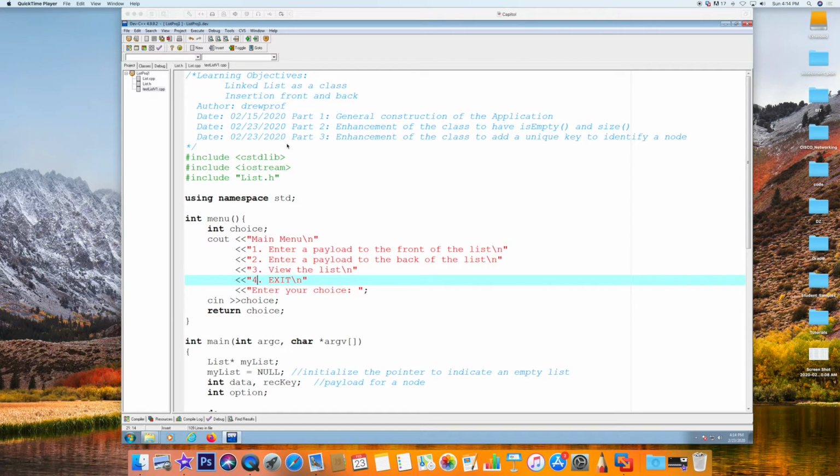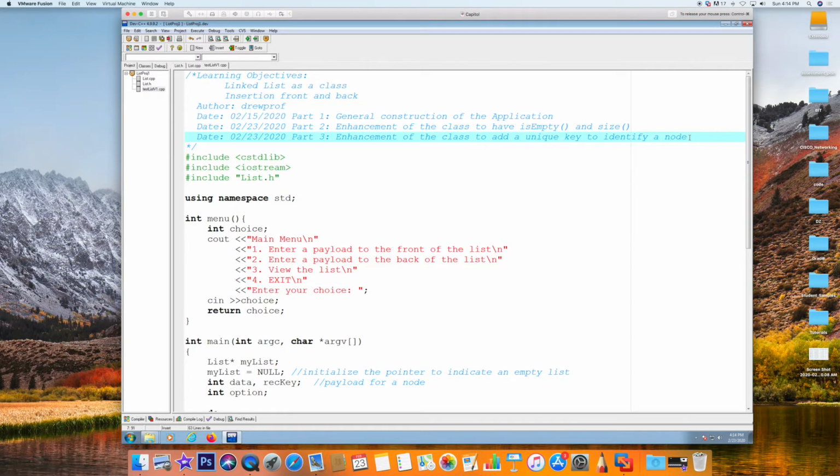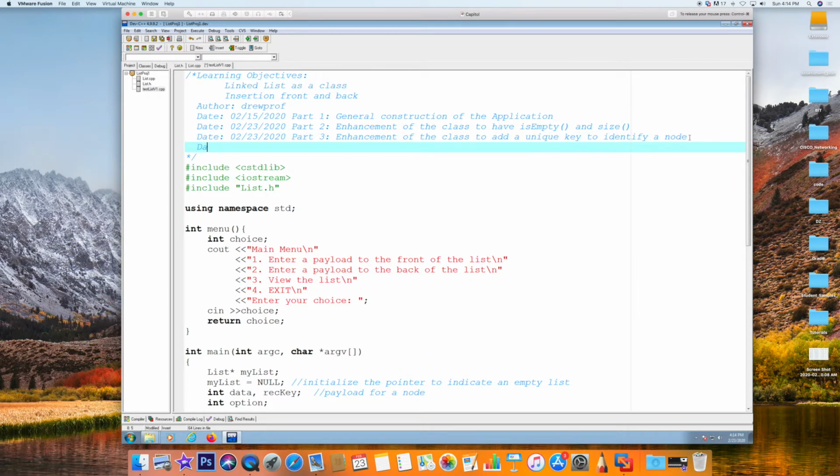Okay, so now we should be ready for the next enhancement, part 4, where we will delete a node out of the list. So let's go ahead and document when this will happen today. So that would be 02/23/2020, and that would be part 4. Again, this is an enhancement of the class and the application